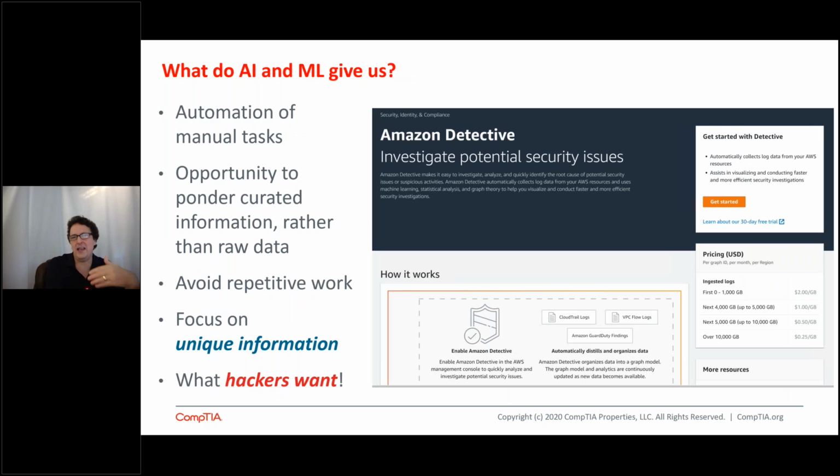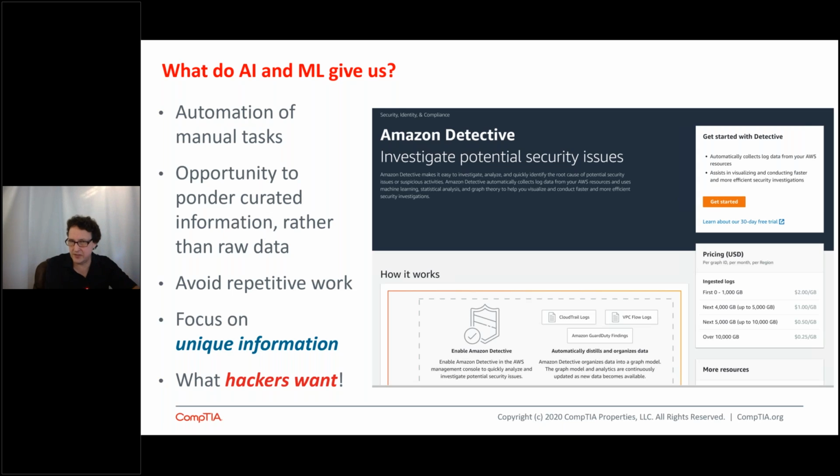So AI and machine learning give us cool things. It automates manual tasks, and that makes it so that instead of hiring workers to go look at that log file, AI can do that, and it allows the human workers to apply their human intelligence in more productive ways. So AI is really good at finding patterns and doing a little bit of correlation, but it really has problems doing strong correlation. Human beings, we're pretty strong at that. We're pretty lousy at finding patterns. So AI is strong in certain areas and weak in certain areas. We're strong in certain areas and weak in certain areas. You put them together and you have some pretty cool stuff.